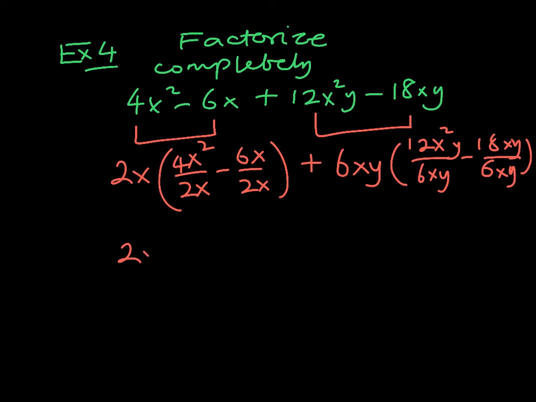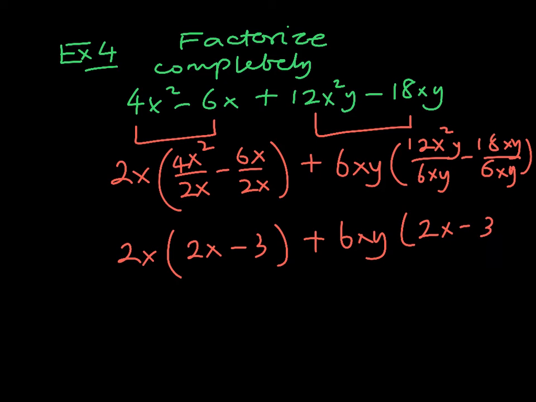So what we have here is 2x into 2x minus 3 plus 6xy into 2x minus 3. Okay, so the next step is to factor out 2x minus 3. So 2x minus 3 in bracket, what we have left over is 2x plus